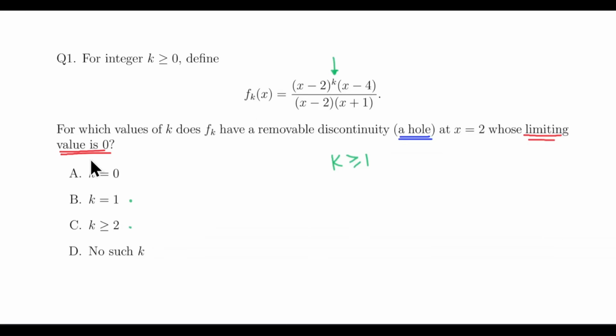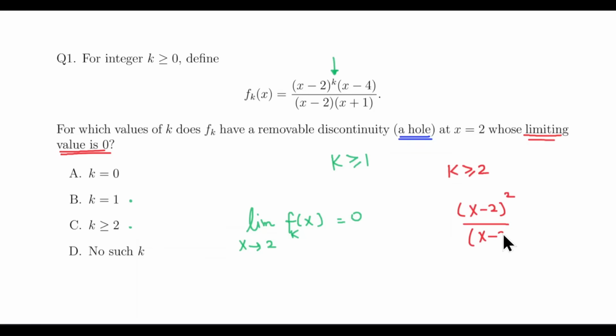That's where this limiting value of 0 comes in, because they want to say that not only should it be a hole, but the limit as x approaches 2 of f_k(x) must be 0. And that will be 0 only if, after cancelling this factor x minus 2 out, I'm left with at least one x minus 2 factor at the top, and that will result in a 0. So in other words, the minimum value of k should be 2, because if I put k as 2, let's say squared, and everything else over here, x minus 4 over x plus 1,